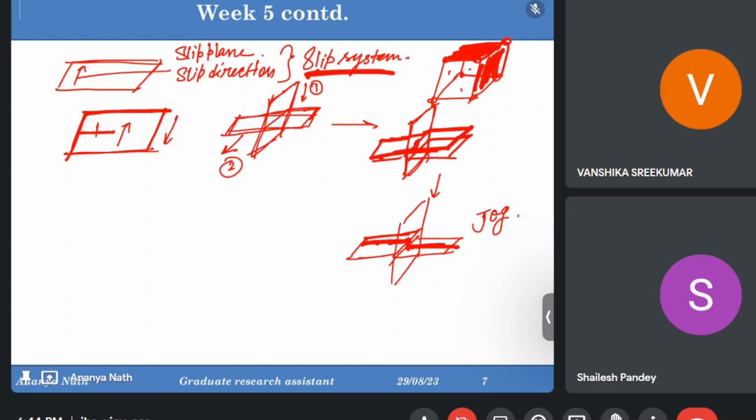But if even after breaking, the dislocation remains in that plane only, but there is a discontinuity or breaking in a particular dislocation, it will be called a kink. Okay. So similarly, we can have kinks for edge dislocation, but for screw dislocation it's easy to have kinks because the